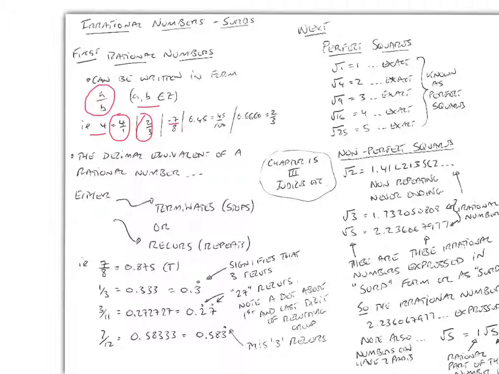0.45 is a rational number because we can rewrite that in the form a over b, 45 over 100, or 0.666 is a rational number because we can express that in the form a over b as 2 over 3. Okay, so